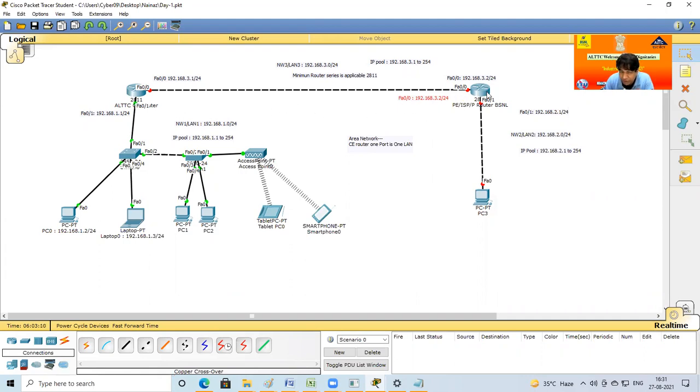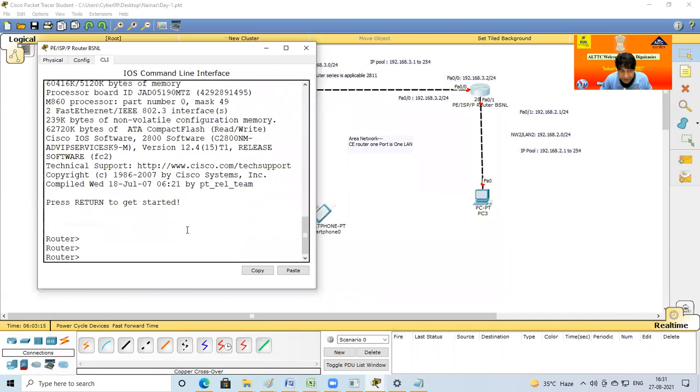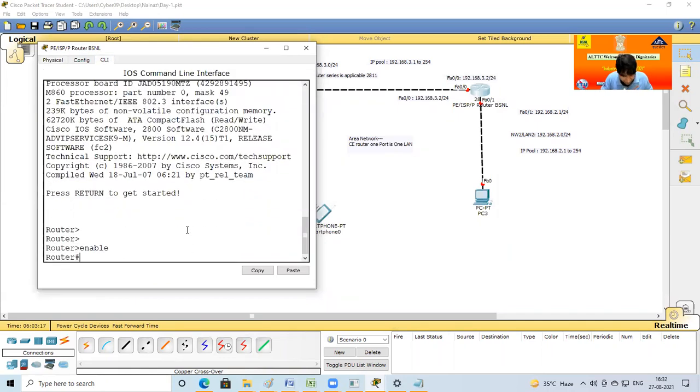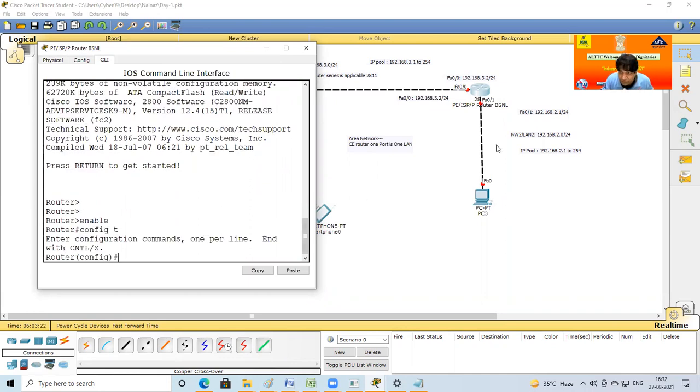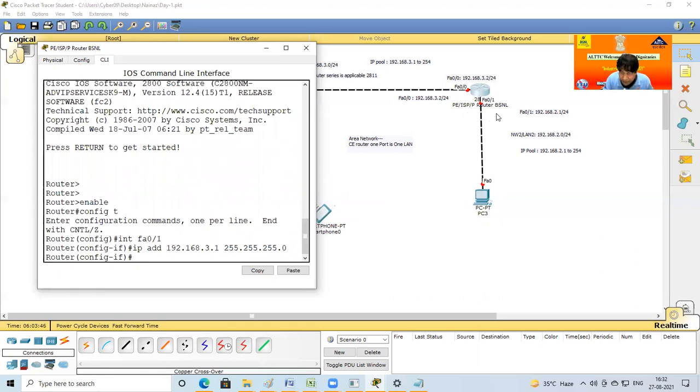And how to do the allotment of this IP, already done in this ALTTC router. Just click on this router, go to the CLI mode and press enter. First enable. Next command is config t, already discussed how to reach this point. Interface FA0/1, allotment of IP: ip add 192.168.3.1 with subnet mask 255.255.255.0.